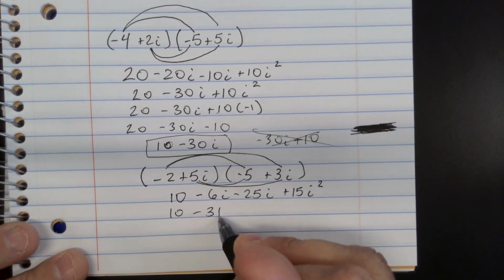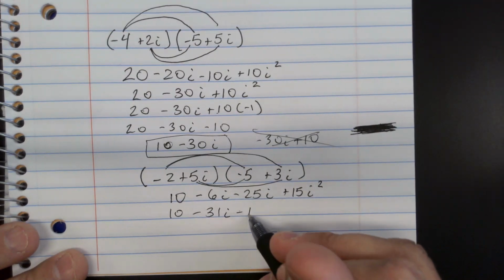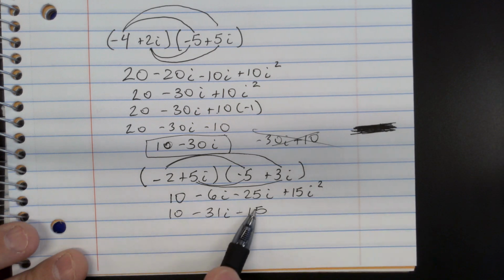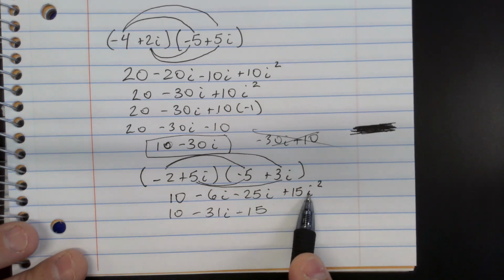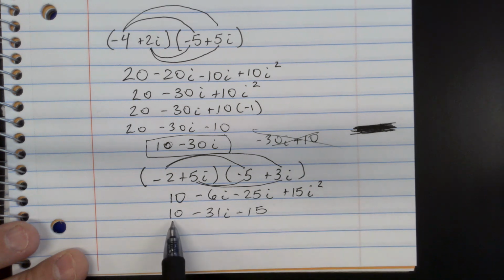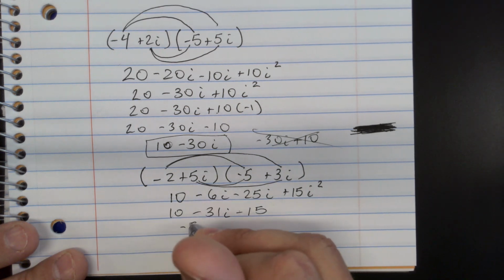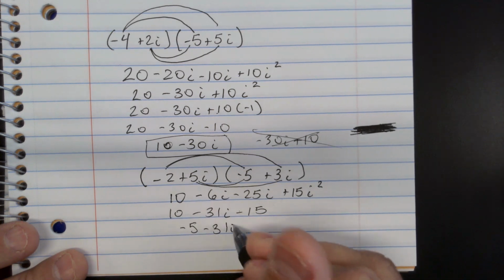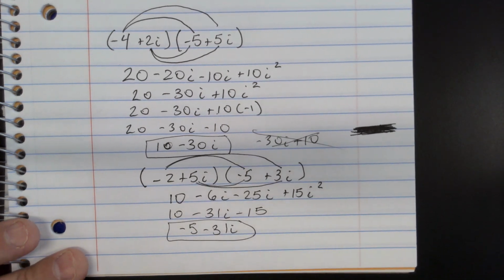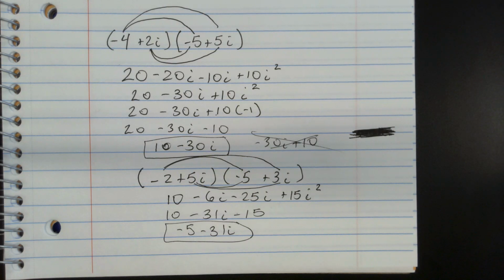So 10 minus 31i minus 15. How I got the negative 15? I went 15 times the negative 1. i squared equals negative 1, right, Lane? Okay, so 10 minus 15 is negative 5 minus 31i. Who got it right? Hey, your assignment's going up on Alex. That's it. Adding, subtracting, multiplying,